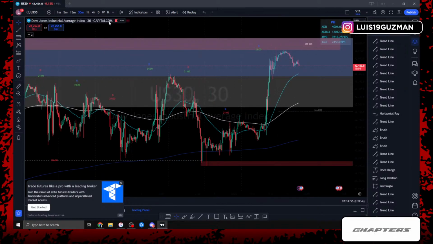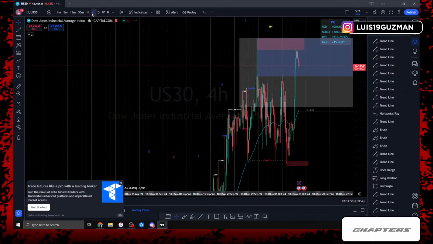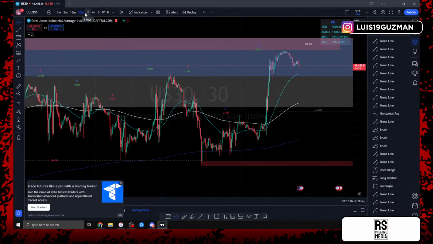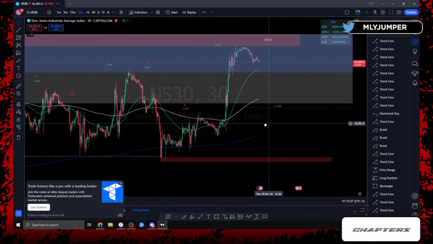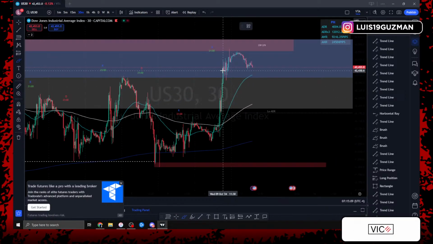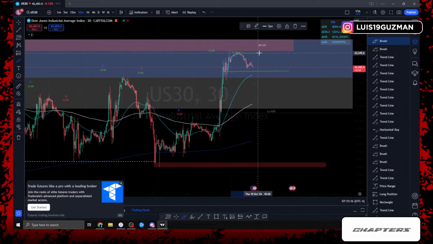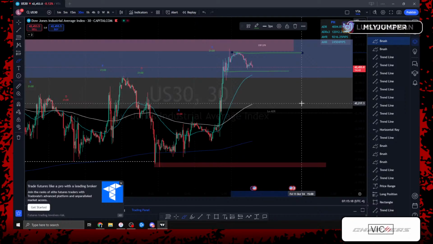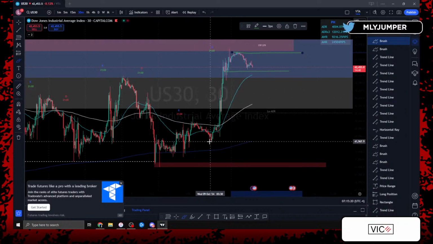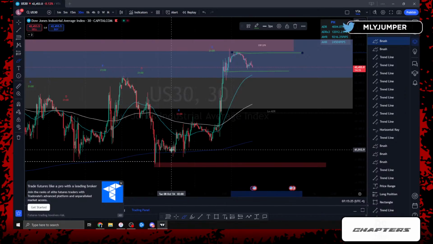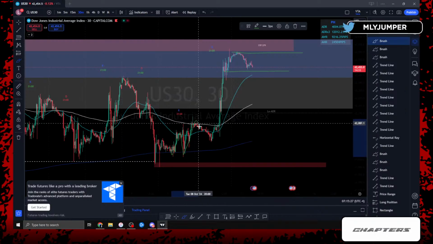So at this moment, check the higher time frames too, just in case. Nothing. We have no engulfing candles. 30-minute highs and 30-minute lows are all wonky. For us to feel comfortable taking a trade, I need to see price break these lows to continue, or we're going to see price break these highs to continue. At the end of the day, this could still be that 23.6 retracement from this little structure that we have in the internal